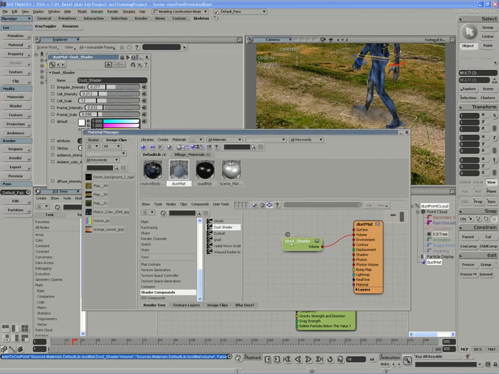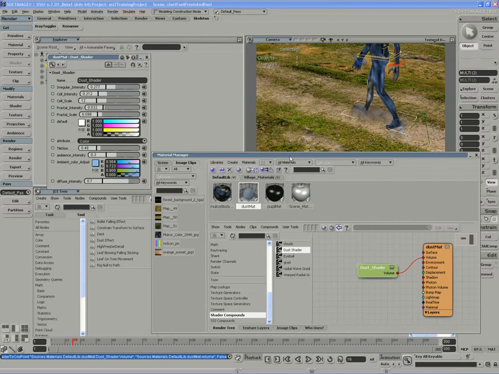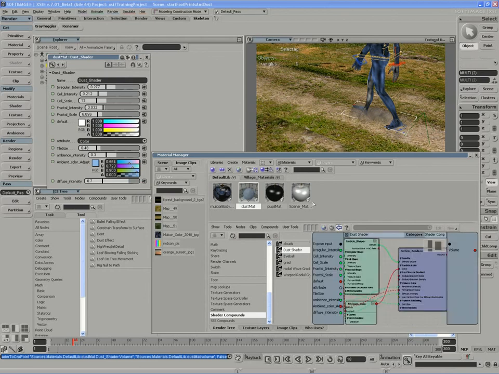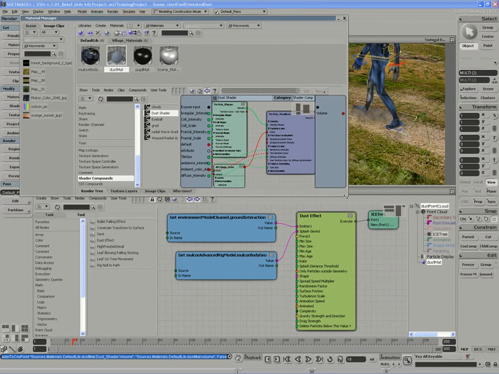For instance, one of the values that I'm going to be adding to this compound is the global density. While the particles are in this scene, when I actually view them against the textured backdrop of the ground, I might need to adjust that global density. So I'll just dive into the dust shader, make it a little bit larger in the Material Manager so I can work with it,